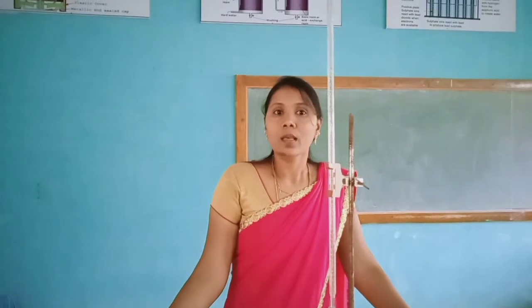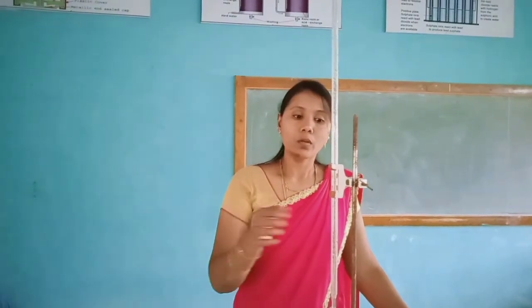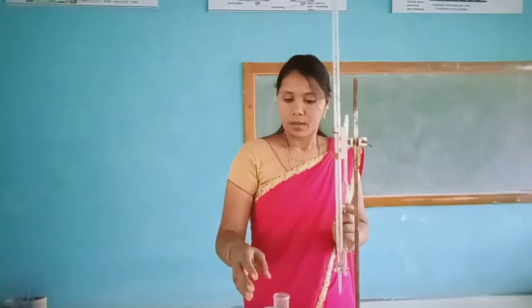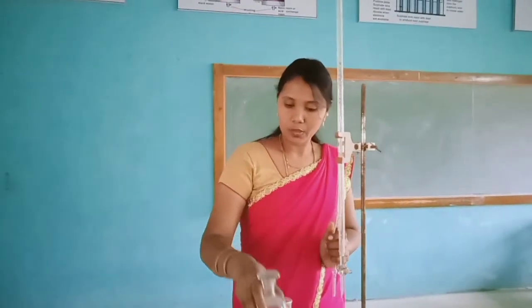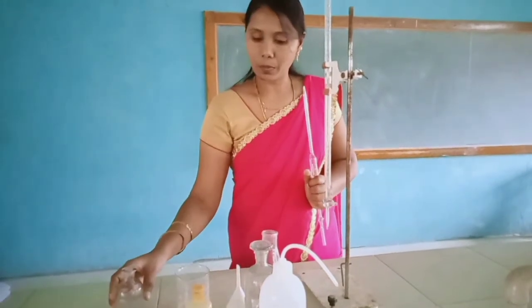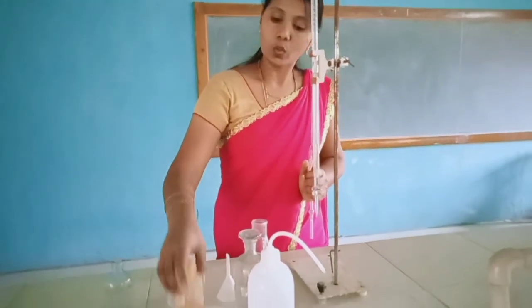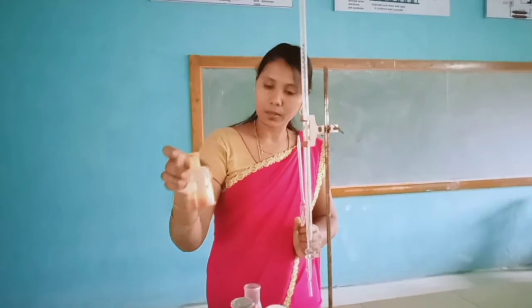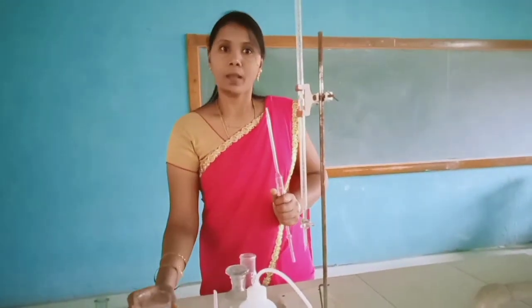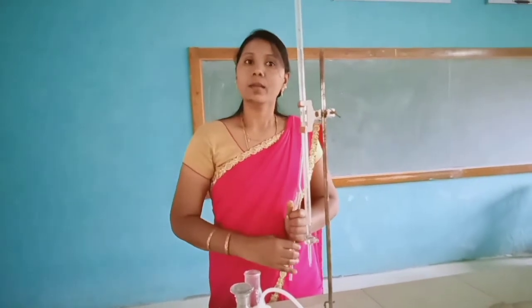Now let us see what are the materials which are required to carry out the alkalinity test of the water. First, we need a burette, a pipette, and then the burette solution and the pipette out solution. In this experiment, we need two indicators. The first one is methyl orange, the second one is the phenolphthalein indicator. This experiment contains three titrations.